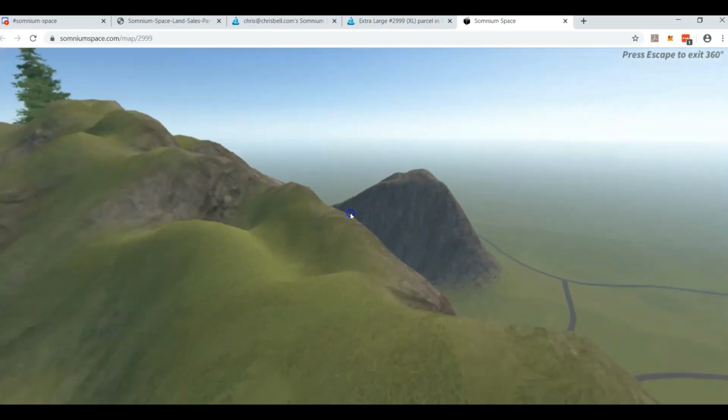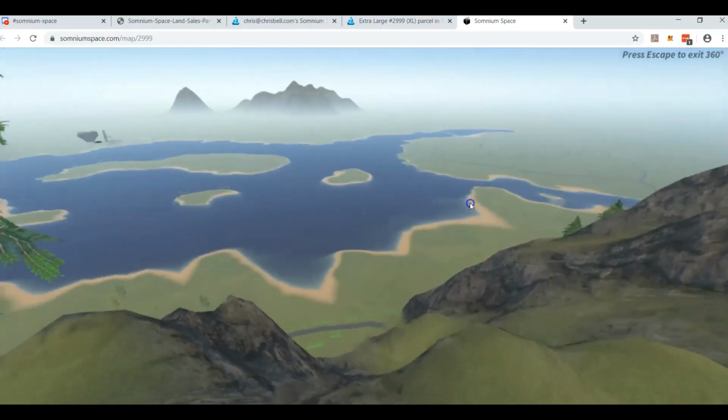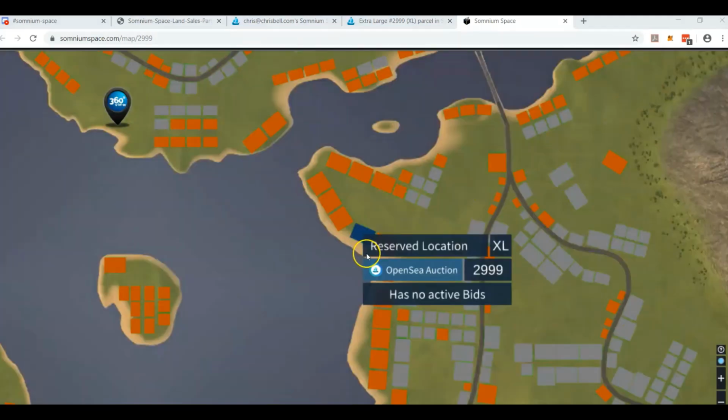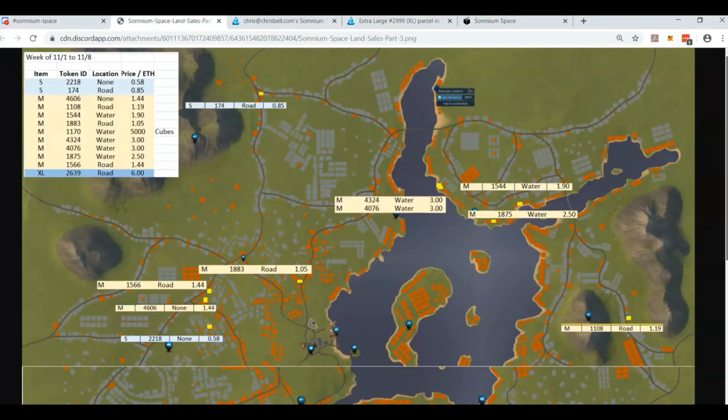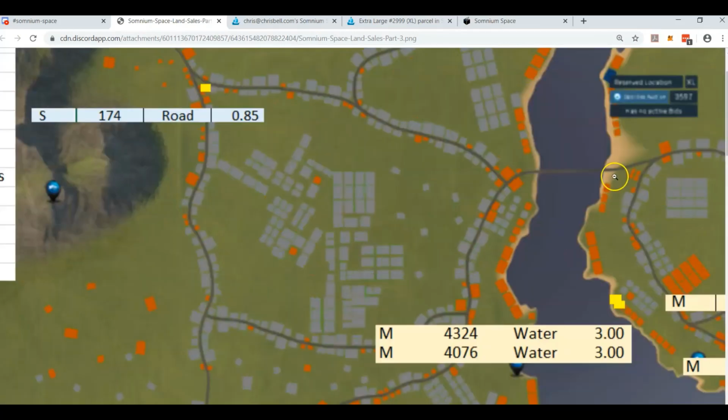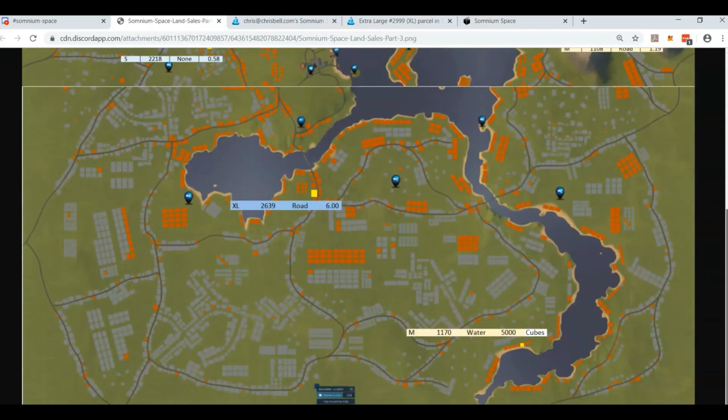Unbelievable. The details. So imagine having one of the parcels right here on the islands, or this small island right here. These are going to be very, very valuable. But before we wrap up, I want to go back to the image and take a quick look at the southern part of the map. This has been pretty popular too. There's a lot of water parcels down here that have been selling, but for some reason this week it seems a little bit less. One XL parcel sold down here close to the water, and then this medium parcel sold